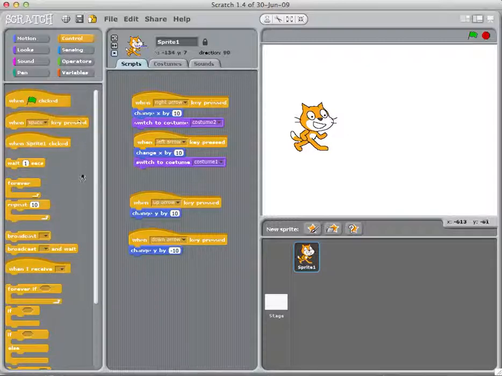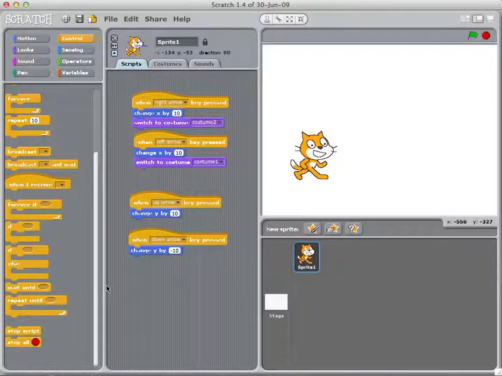Other things we can do under control, other than these starting commands. Oh, I did not know that was possible. So, anyways,